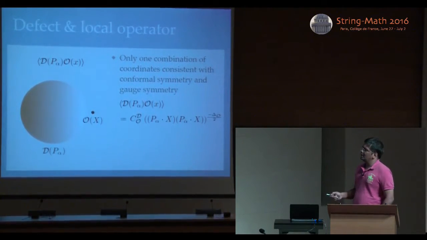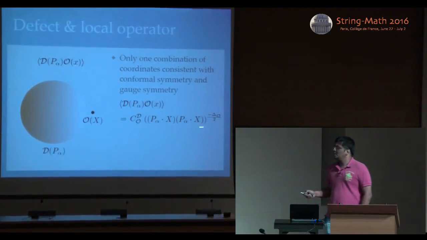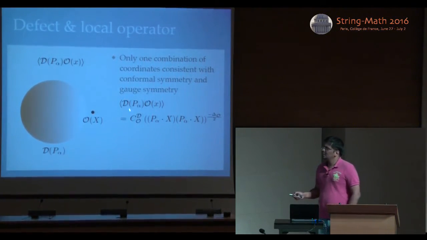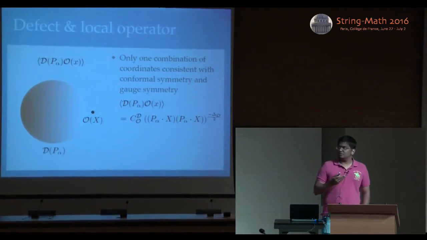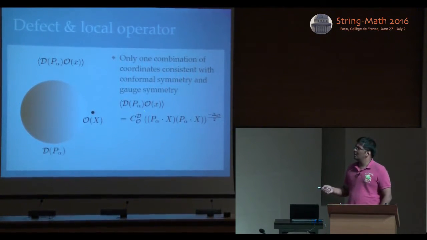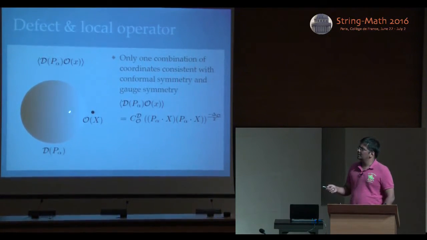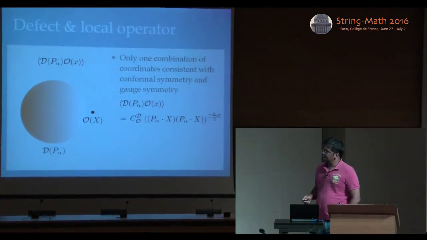And of course, there is a constant that is not determined by conformal symmetry, which plays a role similar to the 3-point function constant or structure constant in the case of three local operators. So this I call C_DO, which means the